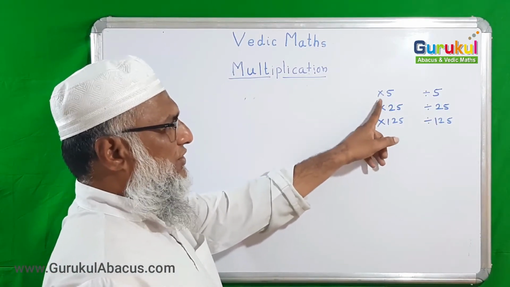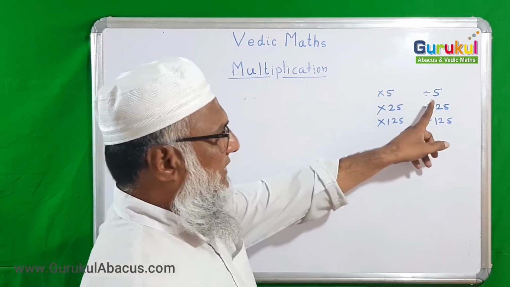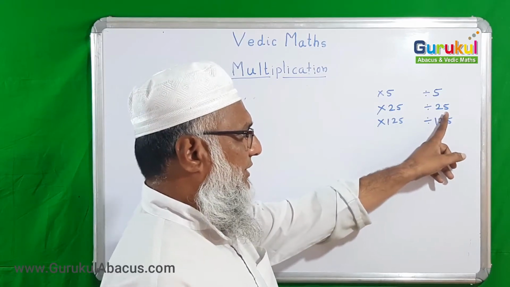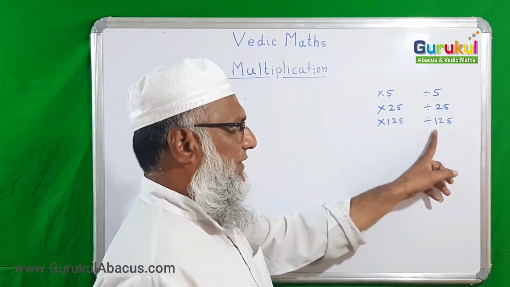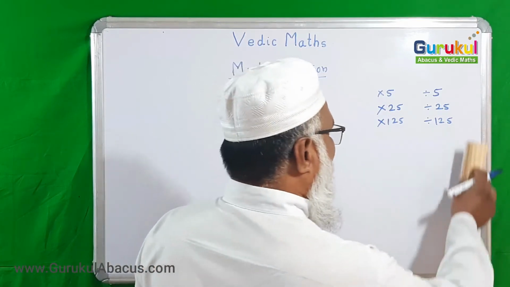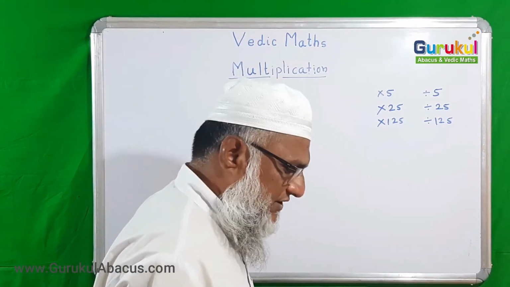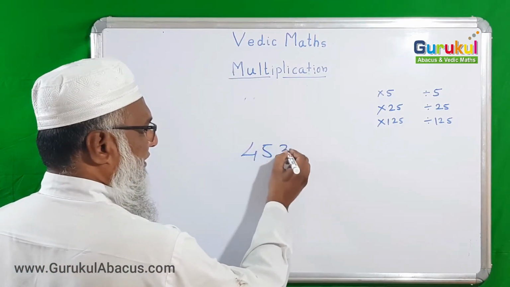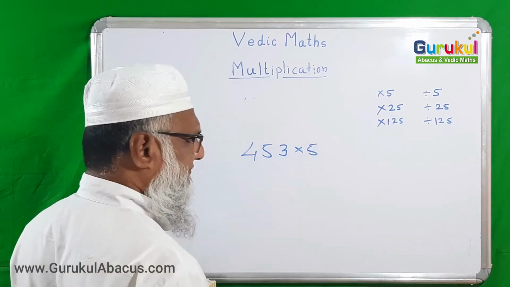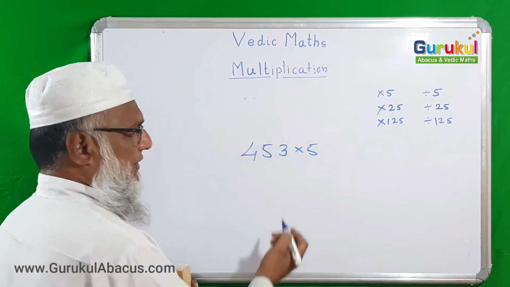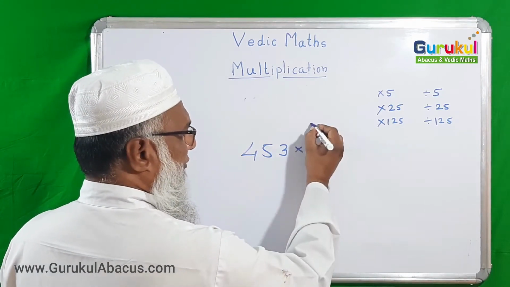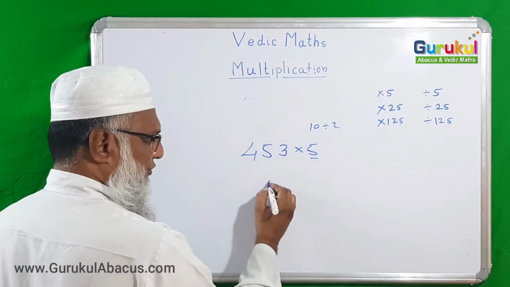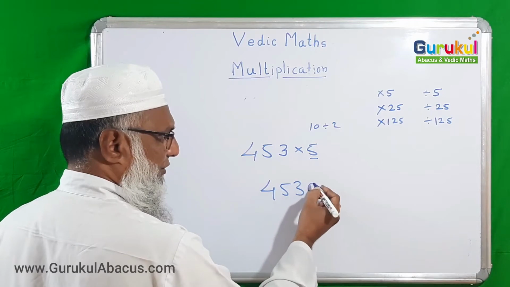If you have multiplication by 5, you can easily convert this example. Division is there too. If 24 is multiplied by 25, divided by 25, or multiplied by 125, or divided by 125, easily we can do it. Let us take some examples so you will understand more properly. Suppose you have the example 453 multiplied by 5. You can do it directly, but now what I want to do, instead of 5, is multiply by 10 and then divide by 2. Multiplying by 10 is just adding 0. So 4, 5, 3 and adding 0, I multiplied it by 10.